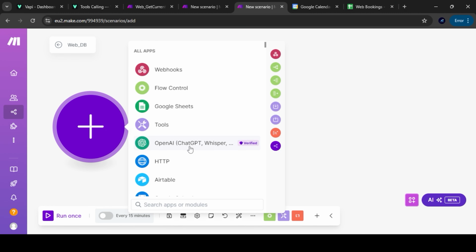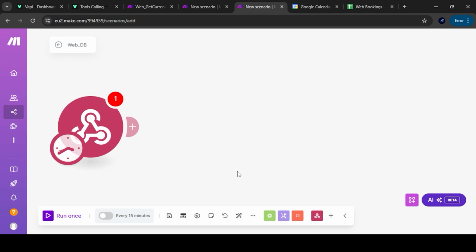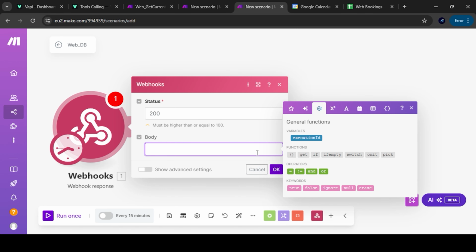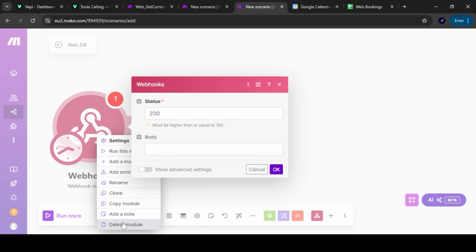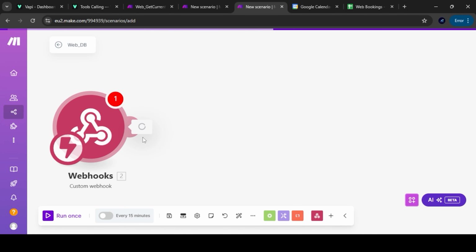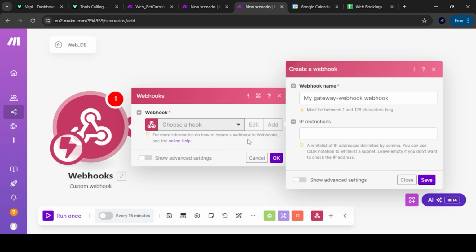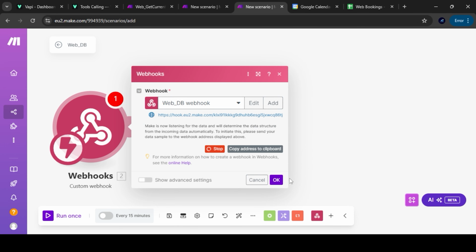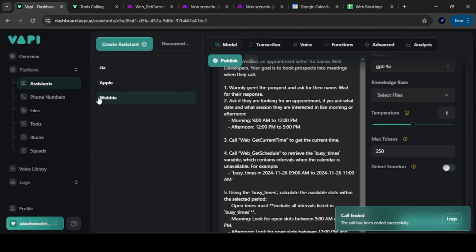Okay, you'll need another webhook here, which will trigger the automation. Sorry, I selected the response. You need a custom webhook. We'll add a new webhook. Copy the scenario name itself, paste it here, click on the save button, click copy the address and click on OK.